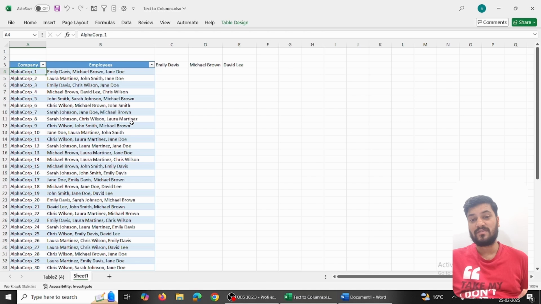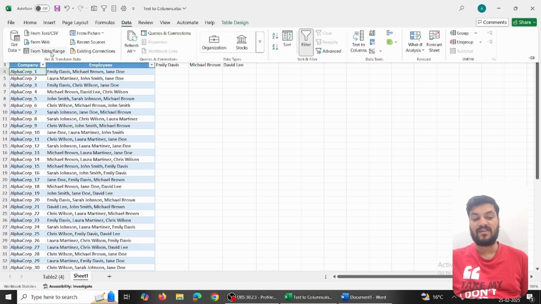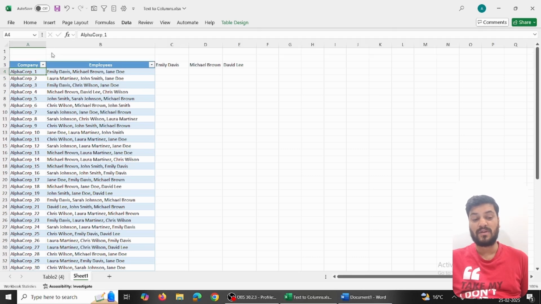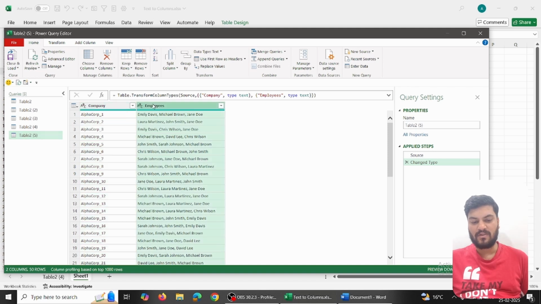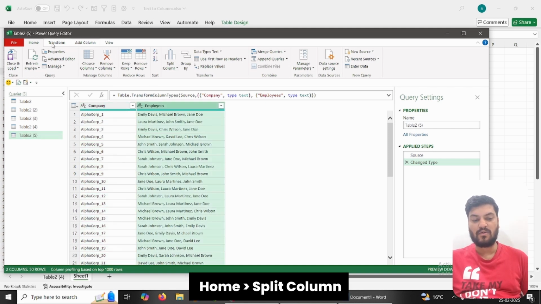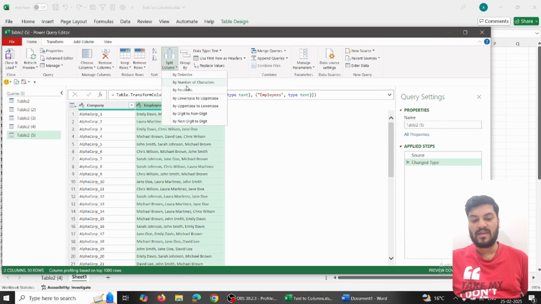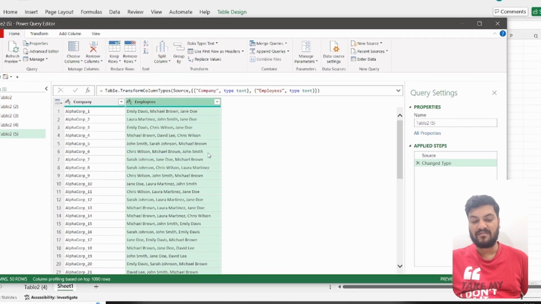How are we going to do it? Through Power Query. So we'll go to Data, and since our table is inside this worksheet, we choose From Table/Range. And now 2 to 3 simple steps and we will see that our work is done. So simply we will choose the employee column, and in the Home tab we can see Split Column. And before we split, let us see how we can split it, and we can see that there are commas. So simple, split column by delimiter,